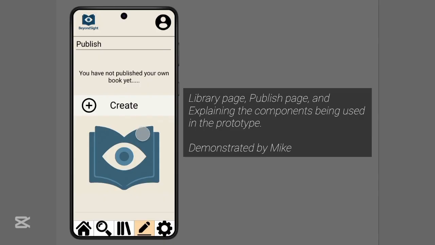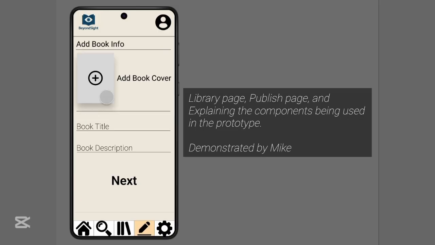Next will be the publish menu. Here the user can create their own book. But for now, since the user just made the account, it has no published book yet. So they have the option to create. By clicking this, they'll be redirected to the